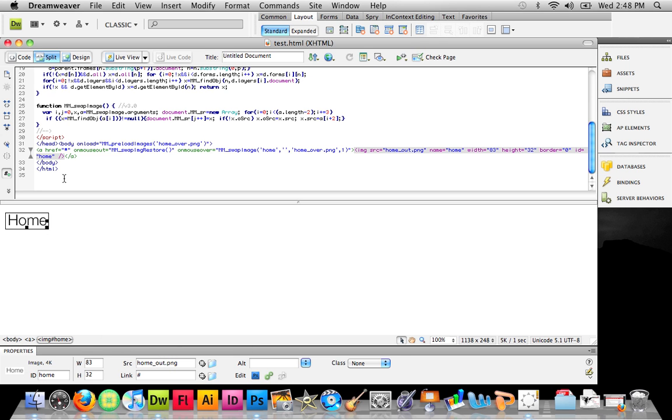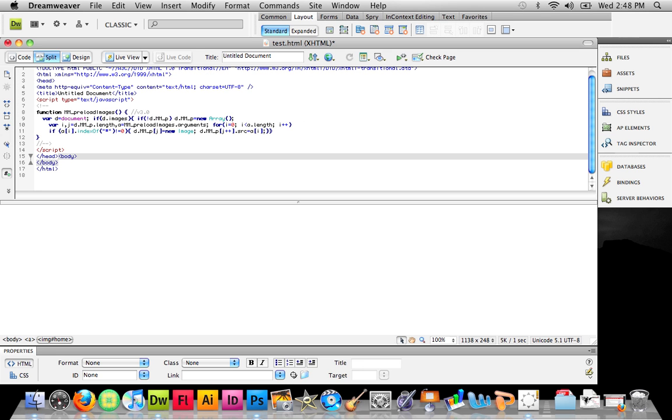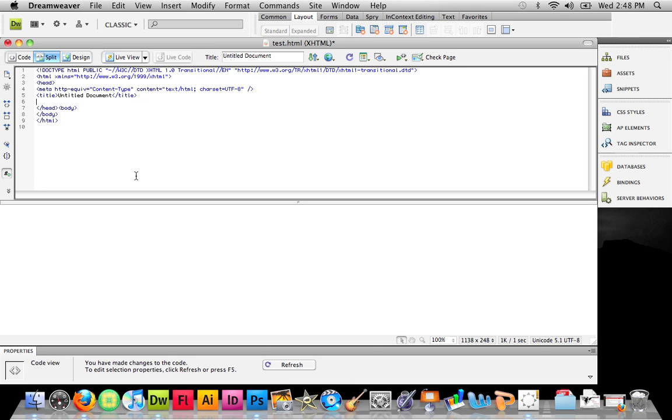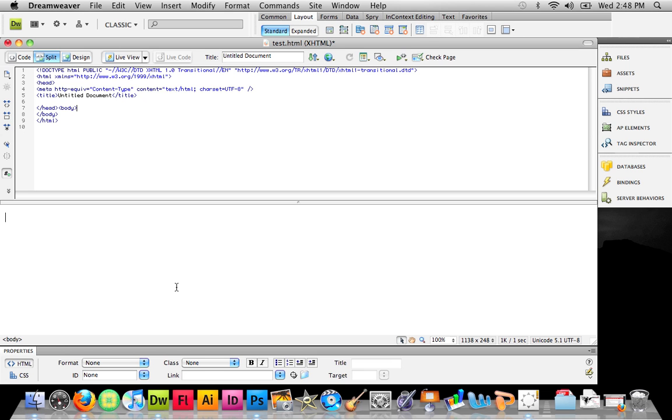Now, because Dreamweaver has this funny little thing that it likes to do, if one of your images is bigger than the other, then one will be scaled to fit inside of the other. So one will end up being distorted if the over image and the out image aren't the exact same size. So I've made sure that mine are, and now what you'll do is you'll open your